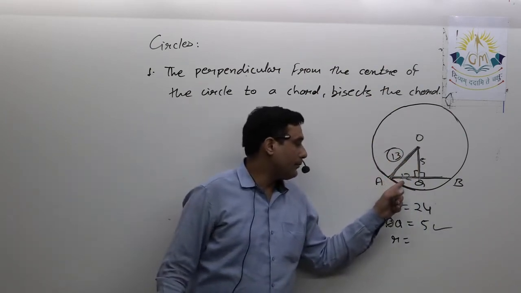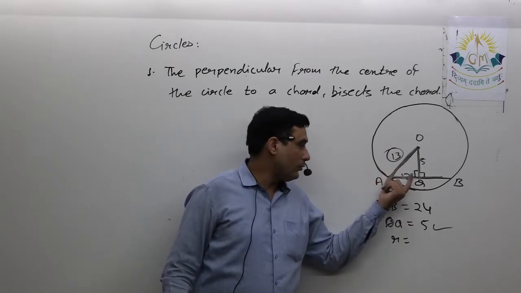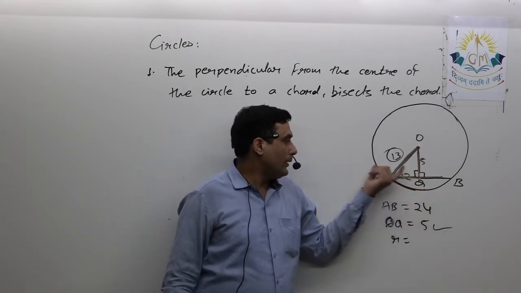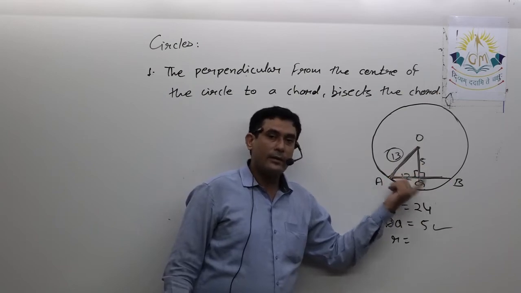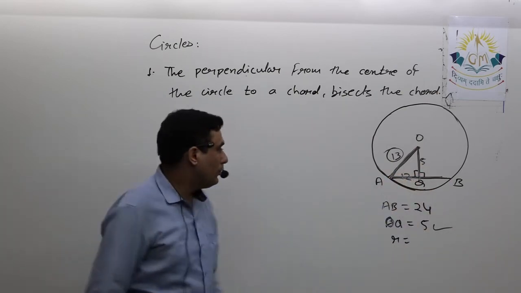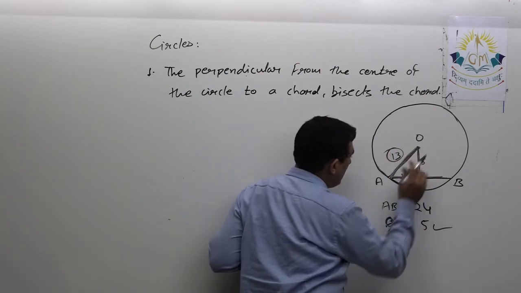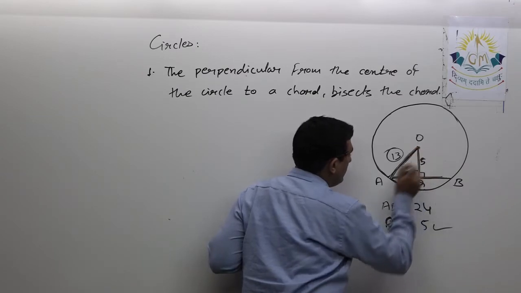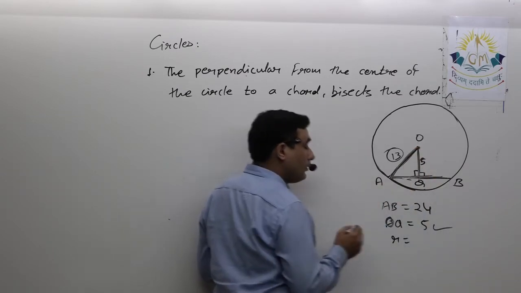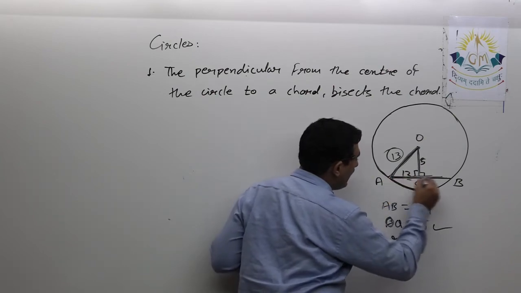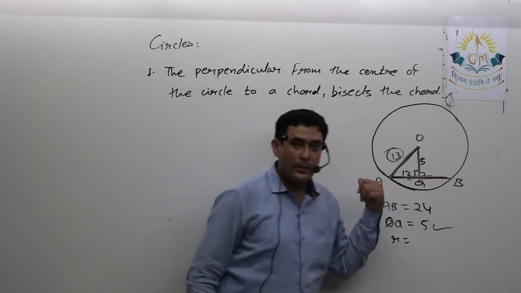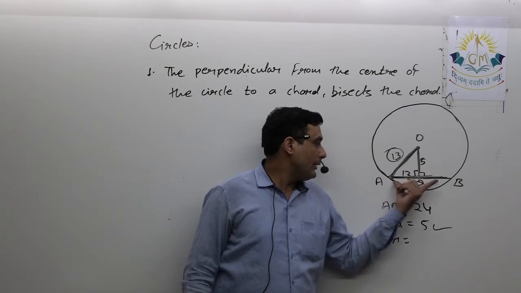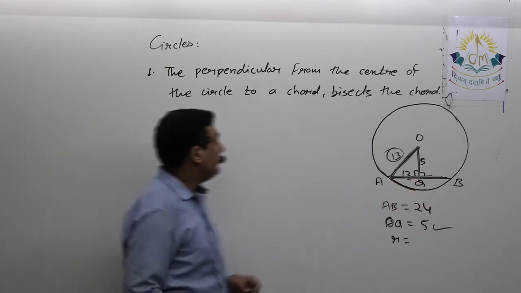So among these three, here the radius was asked, and the chord and the distance between the center and the chord were given. It is quite possible that the radius and distance are given, and they ask to find the length of the chord. What will we do in that case? Suppose in the same question the radius is 13, and the perpendicular distance from the center to the chord is 5. Find the length of the chord. First we'll find AQ, that will be 12. Again using the same concept: as it is perpendicular to the chord, it will bisect the chord. That means AB will be twice of AQ. So this is the theorem.